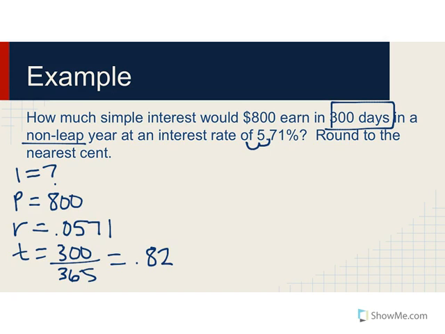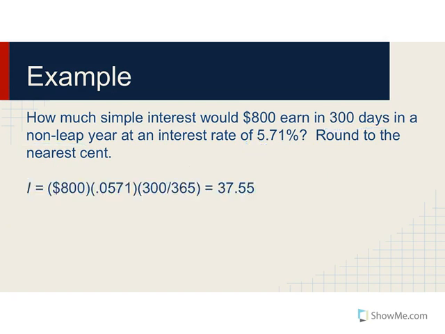Now that we have identified the variables for our equation, we're going to go ahead and plug in all of these values into that formula. When we do that, we get 800. You don't need a dollar sign in there. But when you do 800 times 0.0571 times 300, that's how you put it in the calculator, just multiplying by the numerator. You would hit enter, and then you would divide by the 365,